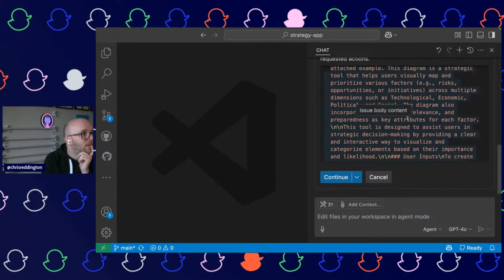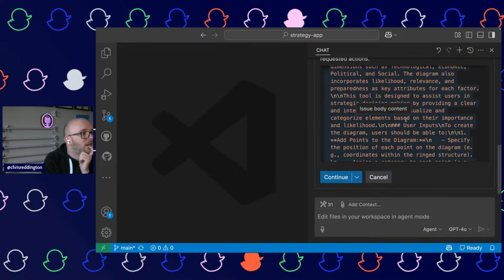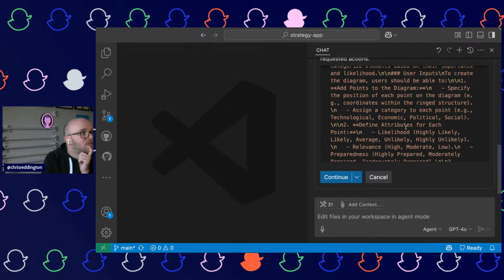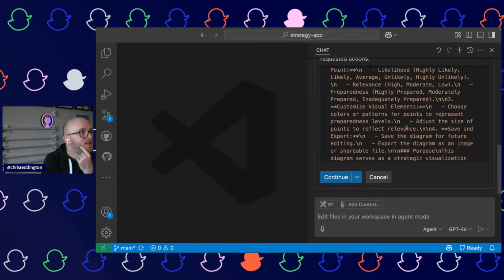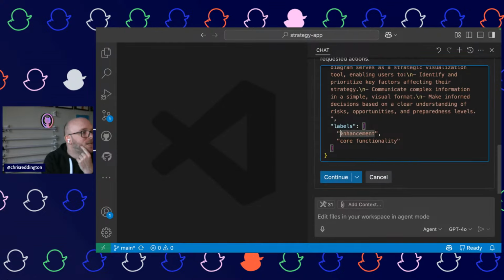Points to the diagram to define attributes. So you can see how it's broken down what the requirements are for us there. I don't think there's a label core functionality, so I'm curious how that will go. But let's give it a go.